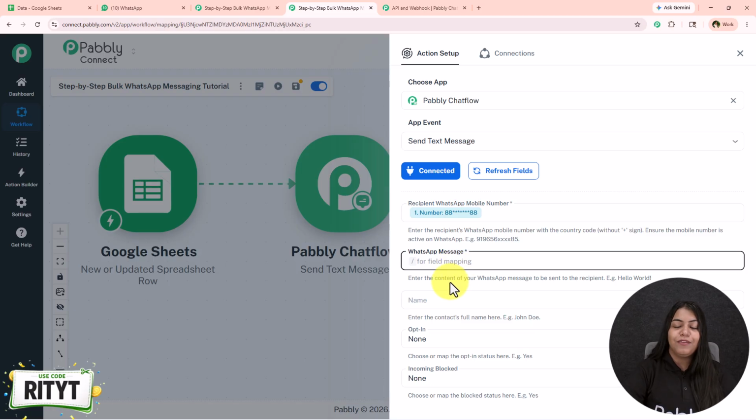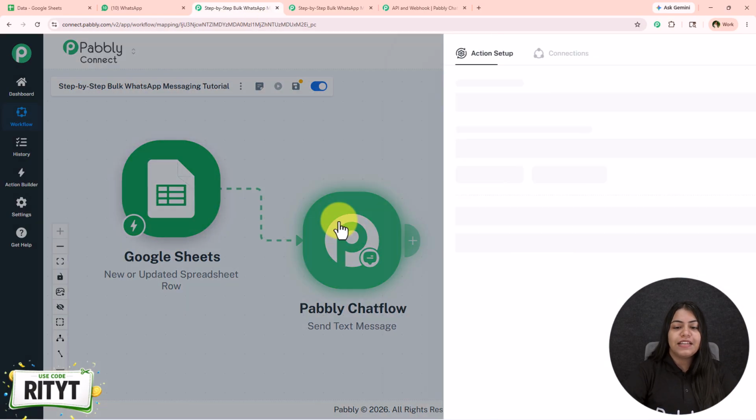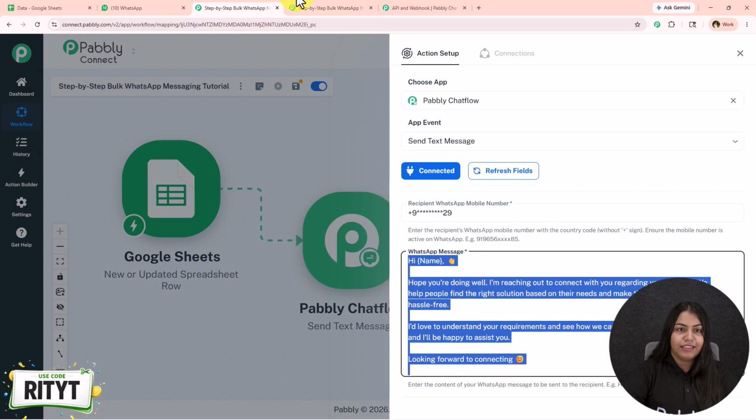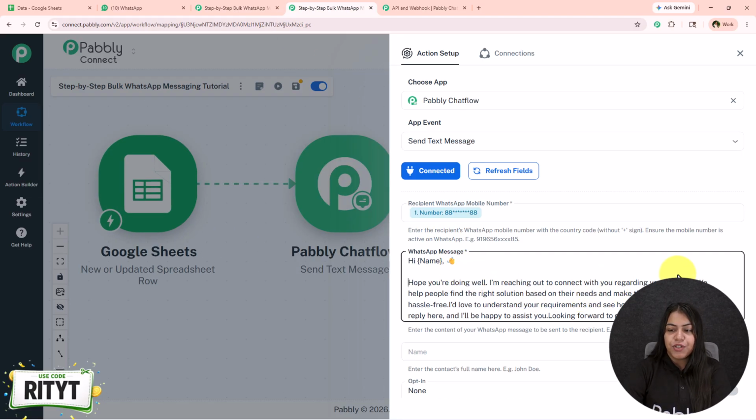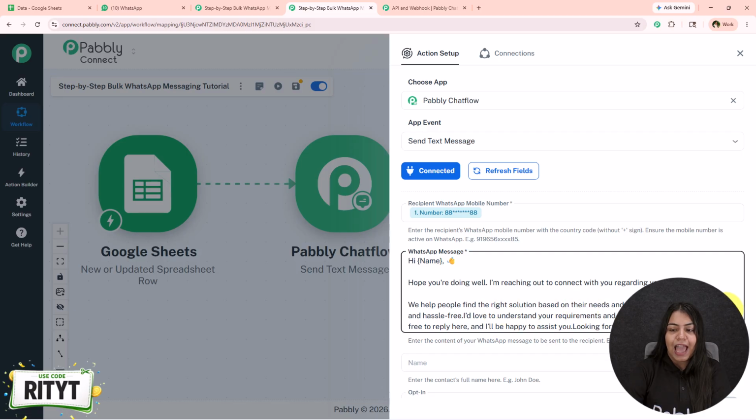And now it is asking me for the WhatsApp message. So I want to send an automated WhatsApp message, something like this. So I'm just going to copy and paste it right over here. And in this message, first of all, I'm just going to correct the formatting, and I'll just let you know